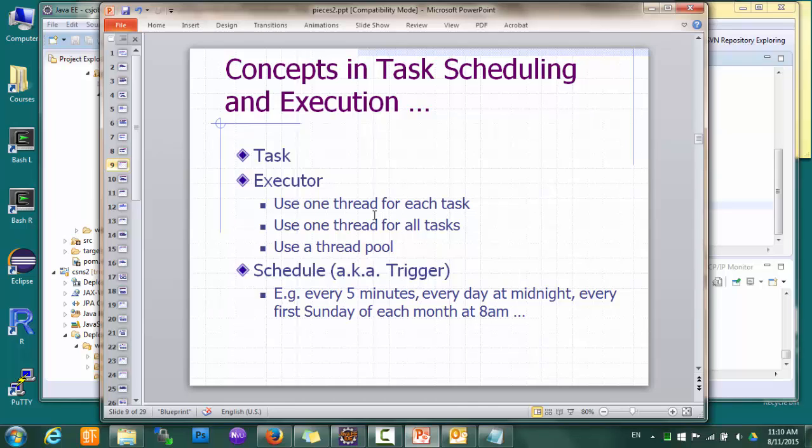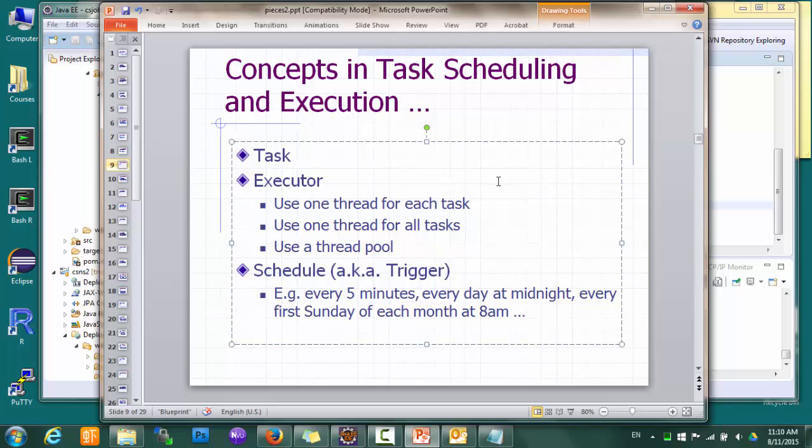With that said, if you understand these three terms, you'll find the documentation a lot easier to understand. The first term is task, which is, of course, the operation you want to perform. The second term is executor, and as you can probably guess, this is the object that is responsible for running your tasks. Executor is the confusing part when you read documentation because there are several different ways to run the